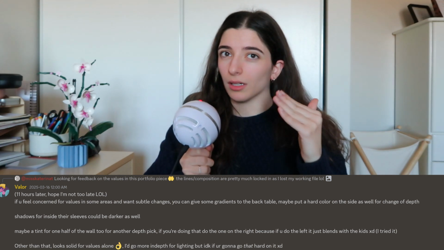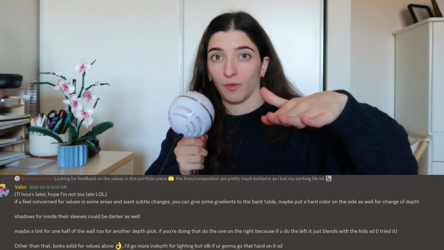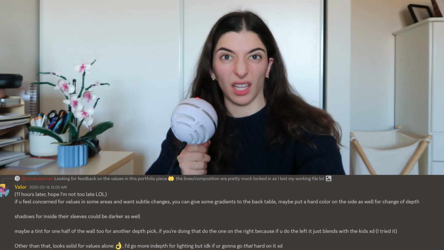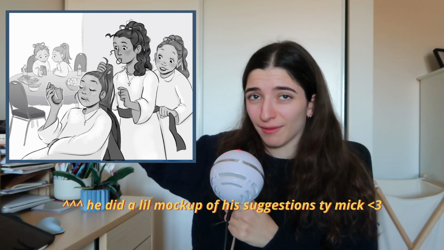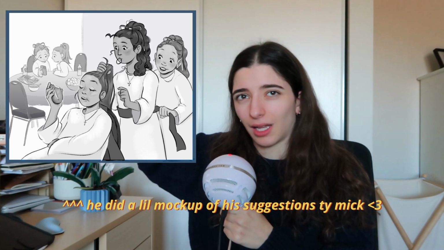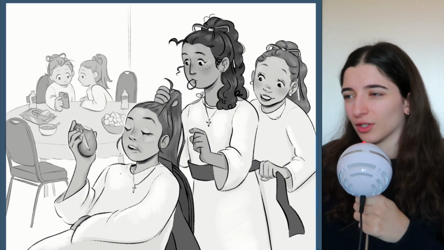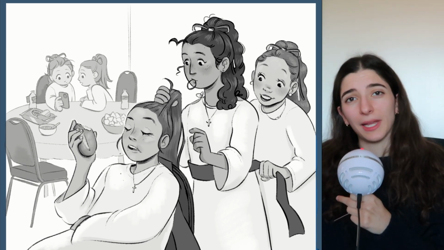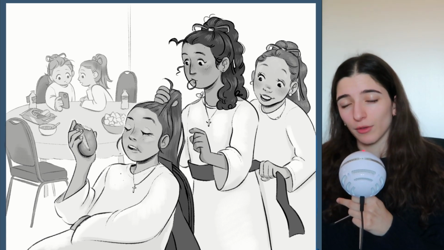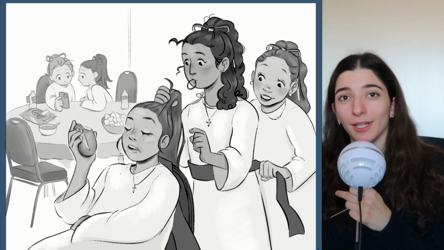Let's get into what the feedback was. Mick suggested adding some more shading to the back table, specifically to kind of differentiate the top flat part with the dangly tablecloth a bit. Mick also suggested to make one of the planes of the wall behind them a different color to kind of tell it's a corner. This would be a good suggestion. However, I do want this to function more as a spot illustration, so I didn't want there to be a background tone. He also suggested to make the shadows inside the sleeves of the Miraflores darker, which looks a lot better. So I went back to Clip Studio and I made those changes.